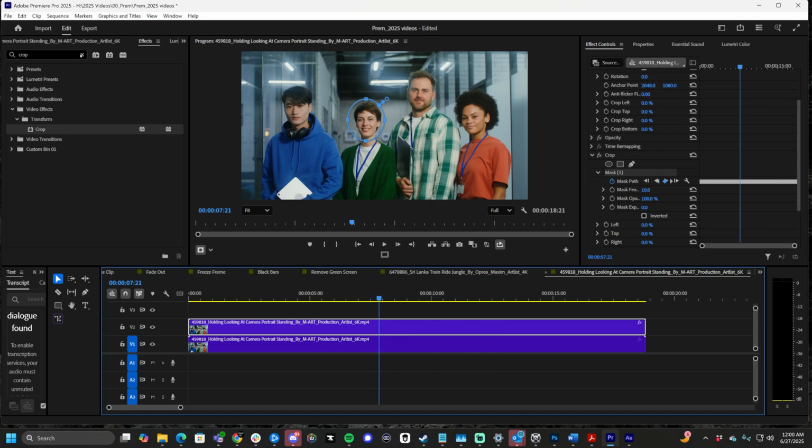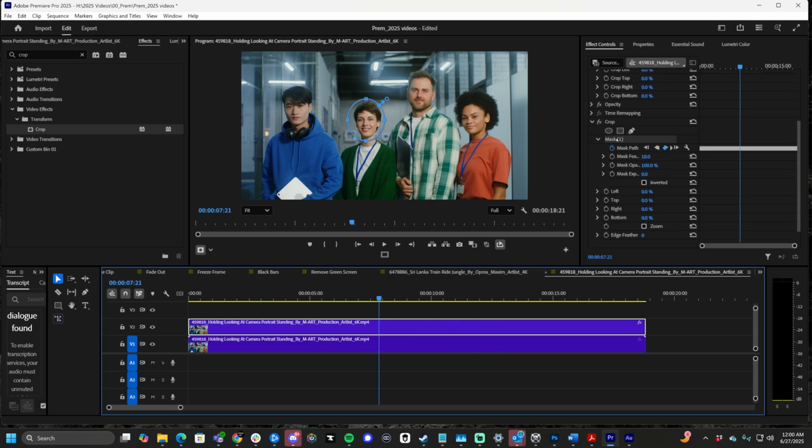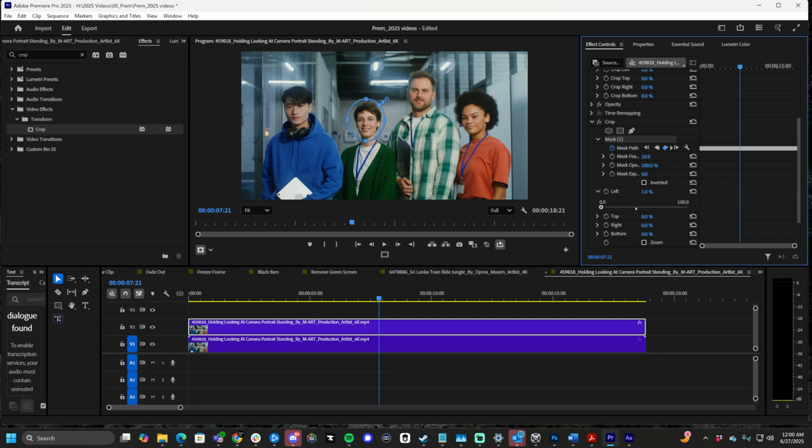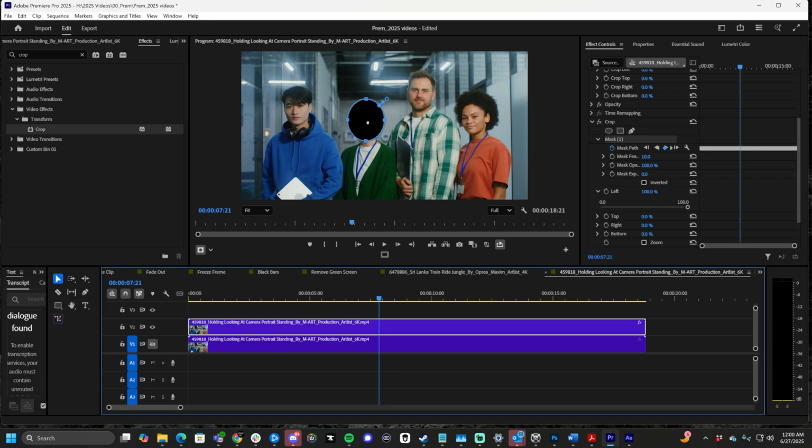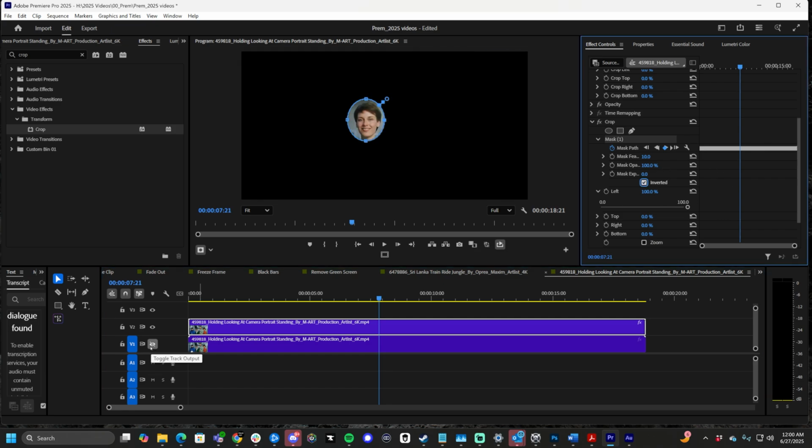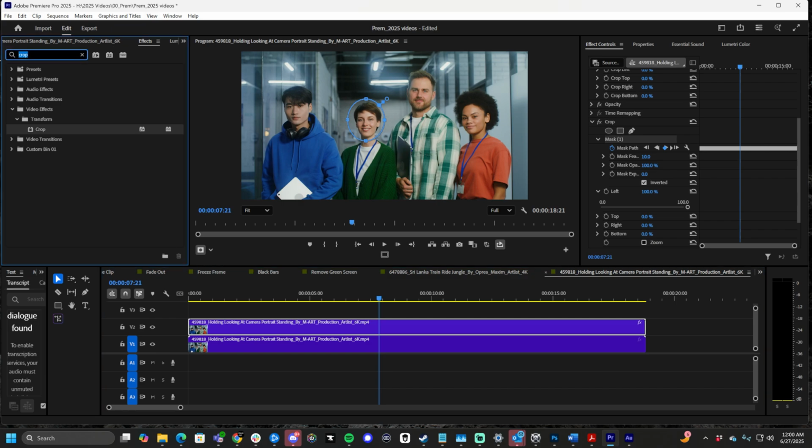From there, what we want to do is scroll down on crop and then do left, top, doesn't matter. Just let's make sure this is fully cropped. And if we turn off the eye clicker right here, you can see that she's been blanked out. What we want to do is click inverted, which only shows her face. From here, you can type in mosaic,